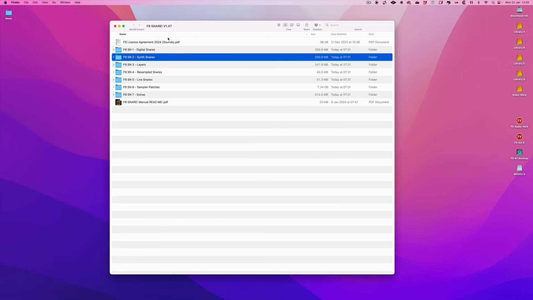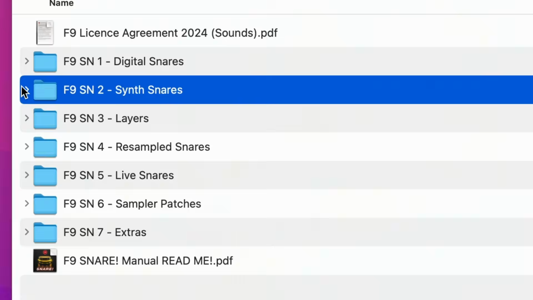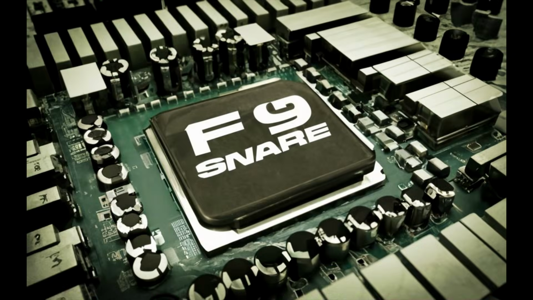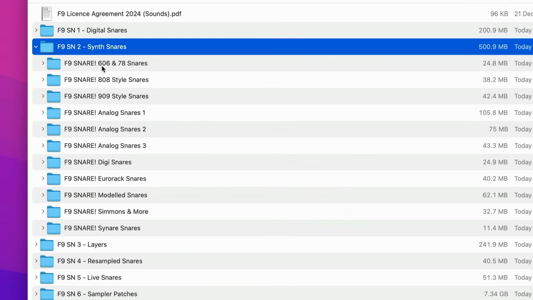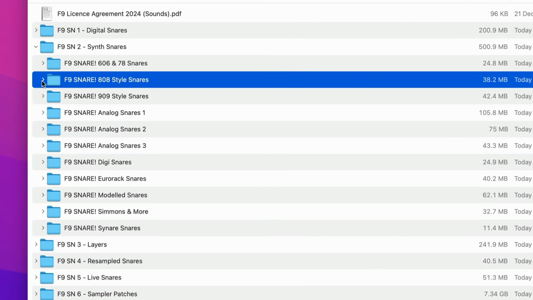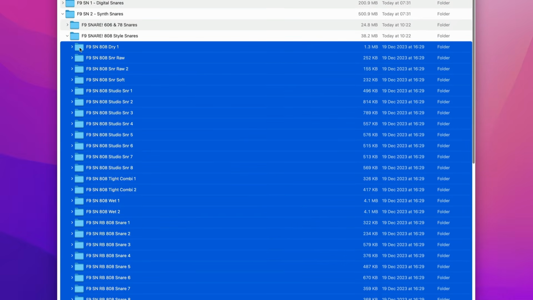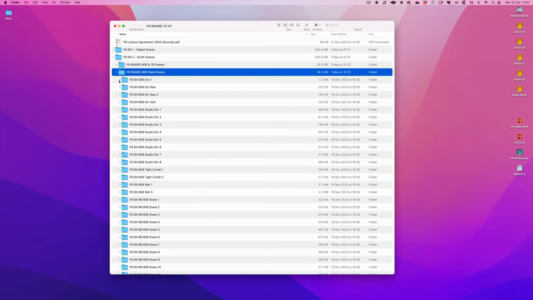But the history of the snare drum was changed dramatically with the introduction of synthetic snare drums, originally built with analog circuits and now including digital and even physical modeling. We got so many of them covered here. This is the second folder. It doesn't look like there's much in, but let's have a look, say, at the 808 style snares. Twirl that down, and when you twirl them down, you can see we've got 43 different 808 snare drums that